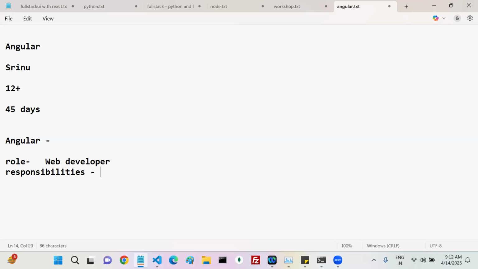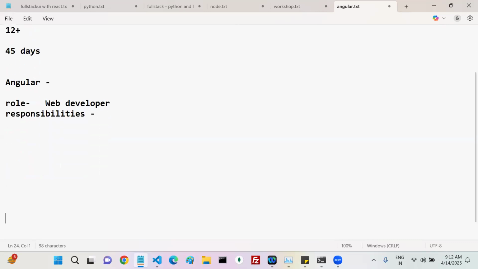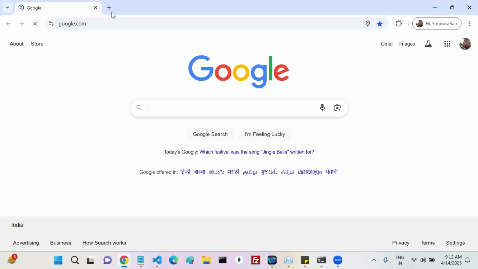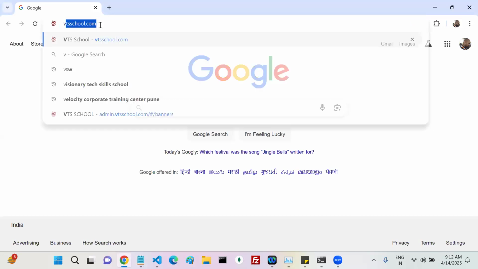Okay, very simple. See, I'm going to explain first of all with a requirement. I have one requirement. For that particular requirement, if you want to develop it, what kind of technologies, and in the technology what kind of concepts you have to learn. In that way we are going to discuss. My requirement is a very simple, small requirement. I have one web page like this. Let's take our website only.